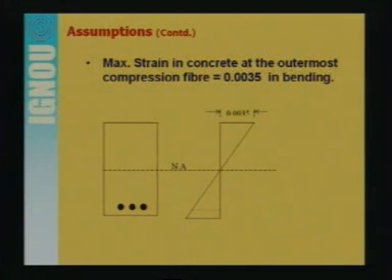The next assumption, which is given in the code, is that the maximum strain in concrete at the outermost compression fiber is equal to 0.0035 in bending. If we look at the section of the beam here, this is the steel provided in the section, this is the neutral axis. Here if we plot the strain diagram, it is of this shape. At the neutral axis the strain is 0. This is the outermost fiber in the compression zone. This is the neutral axis. So, the assumption is that the maximum strain in concrete at the outermost compression fiber is equal to 0.0035 in bending, as shown here, that this extreme-most fiber in the compression zone will be experiencing a strain equal to